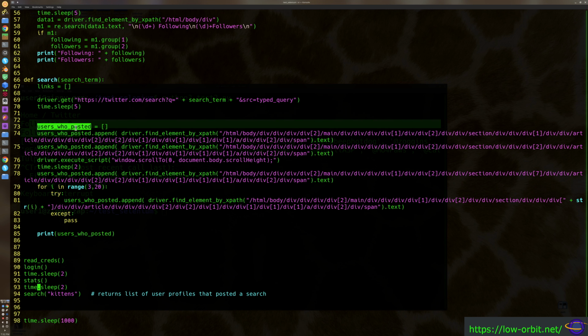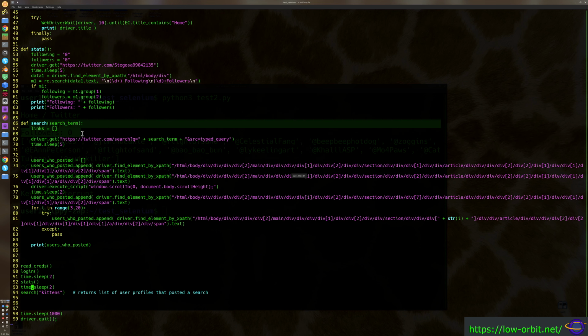And then we have a list of users who posted. So our objective here is to find what users posted things that match the search term kittens. So probably they're using the hashtag kittens, or they just have the word kittens in their post a lot. But we're going to try to find those users who are associated with top posts that come up when you search for kittens. So users who posted, so we have 4 lines here, and so I'm going to zoom out